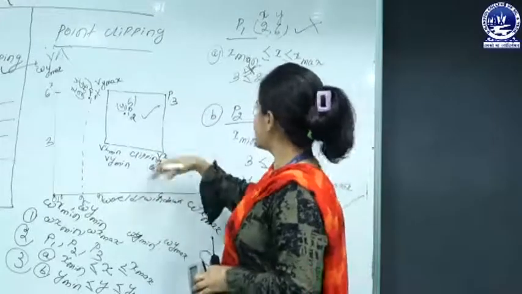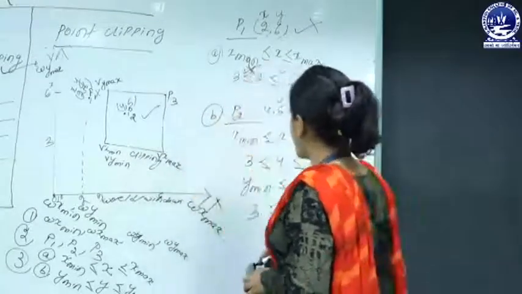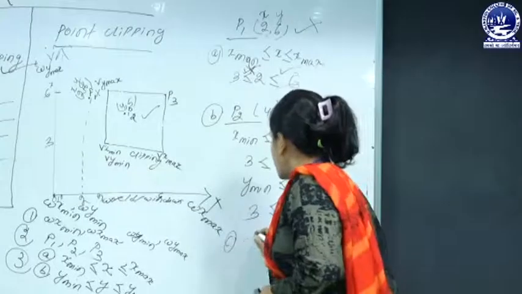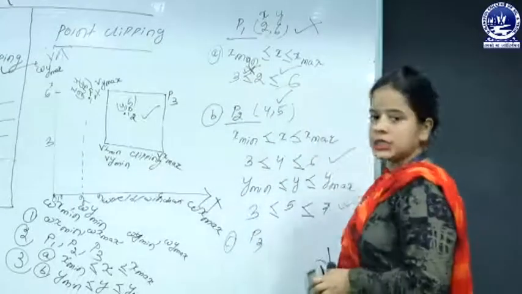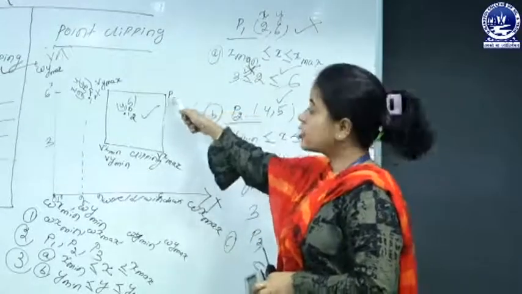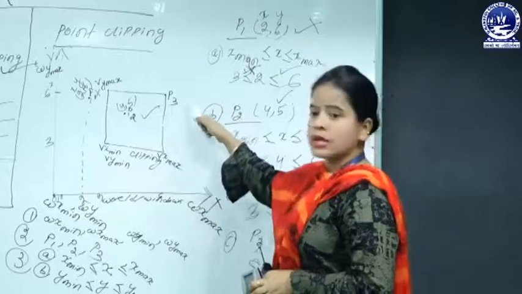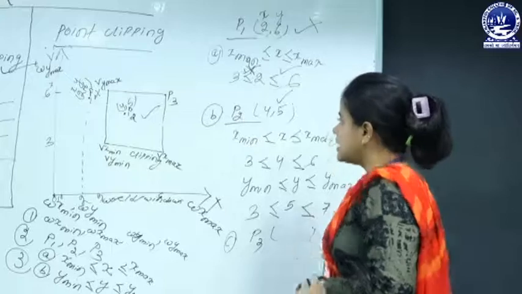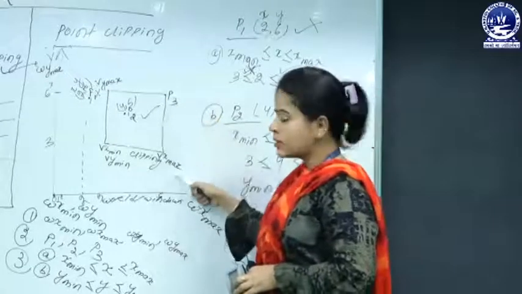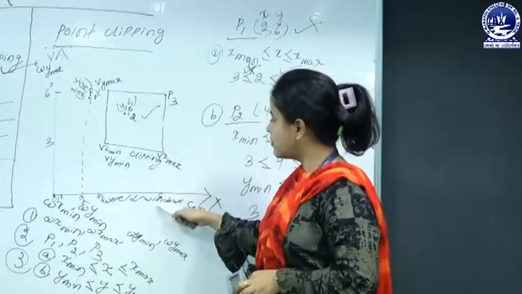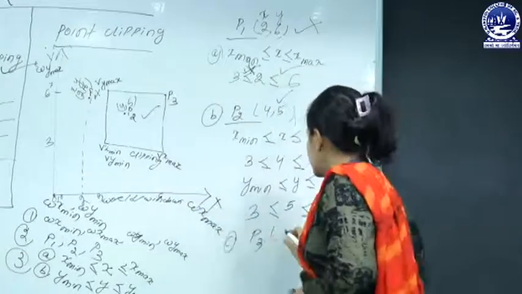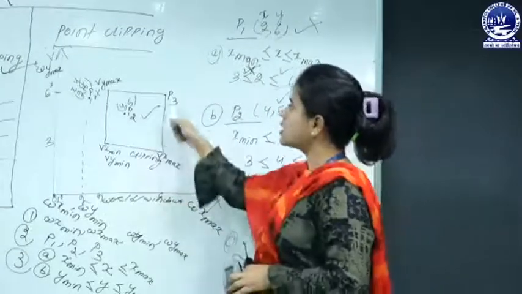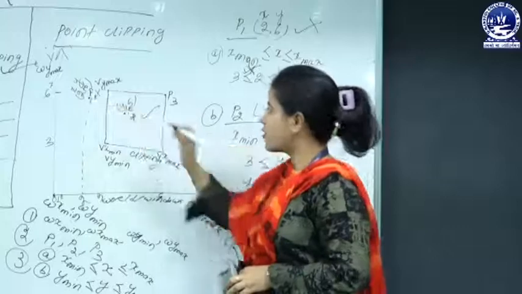So now to check the third pixel point, P3. So now to find the pixel point P3, first to detect the value of the x coordinate and y coordinate of the given pixel point. So now to detect this, here the P3 coordinates contain the x coordinate 6 and the y coordinate 7.